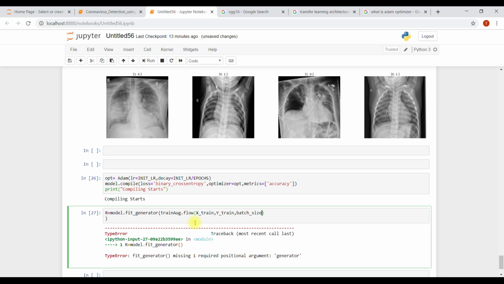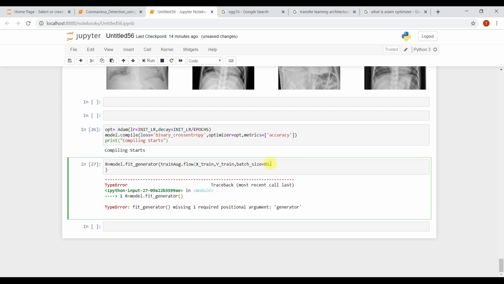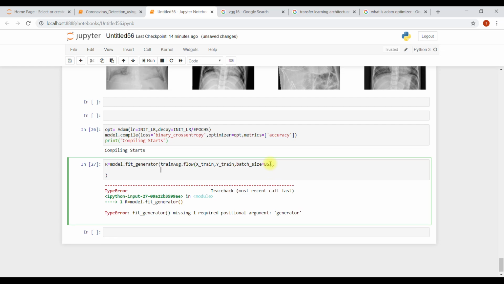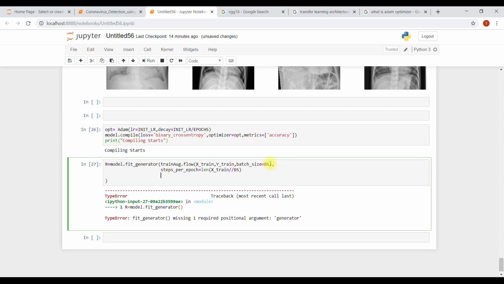Batch size is what we declared, 10 or 8. Steps per epoch is how many steps we want per epoch: the length of the X train divided by BS.